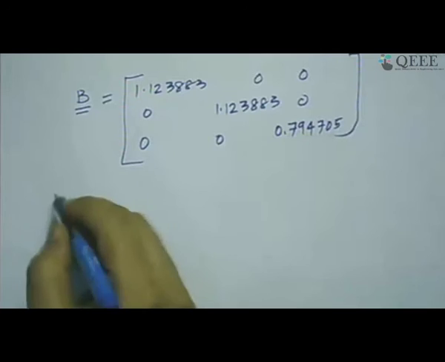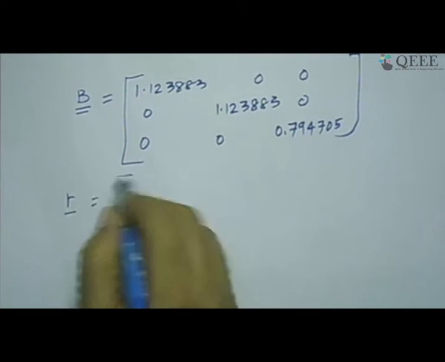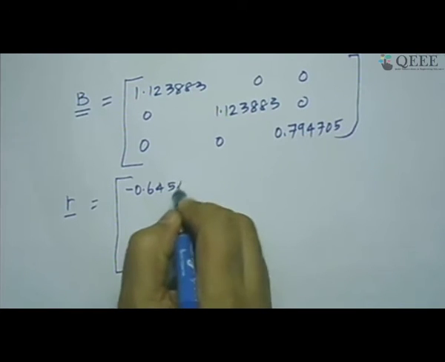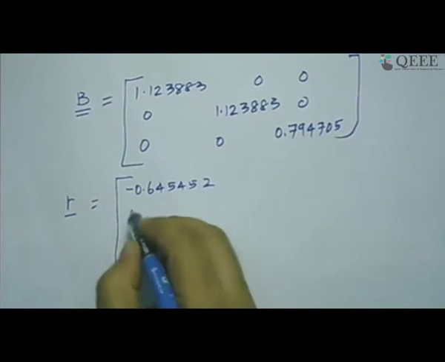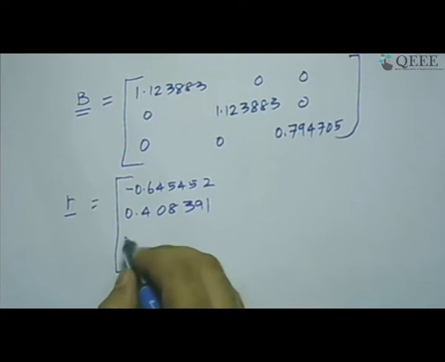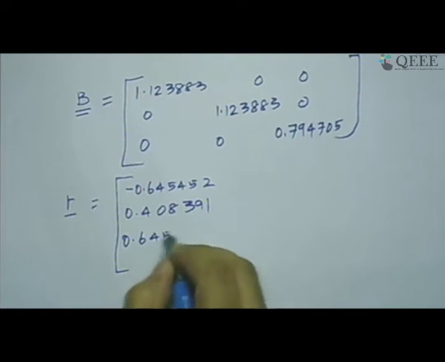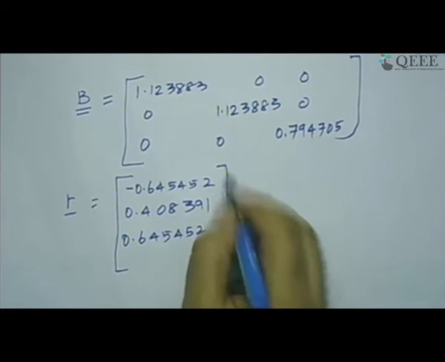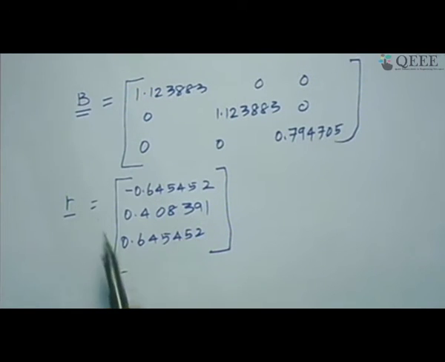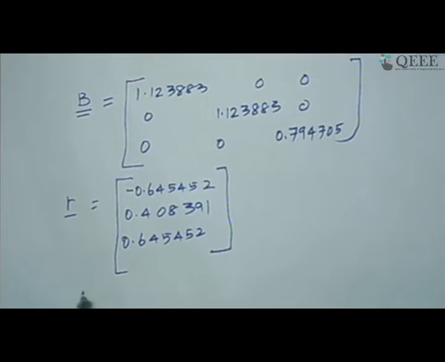So I have the other vector R, which is given by this, which is minus 0.645452 and 0.408391, 0.645452. So to show that this Bain matrix rotates this vector, all I need to do is to take the